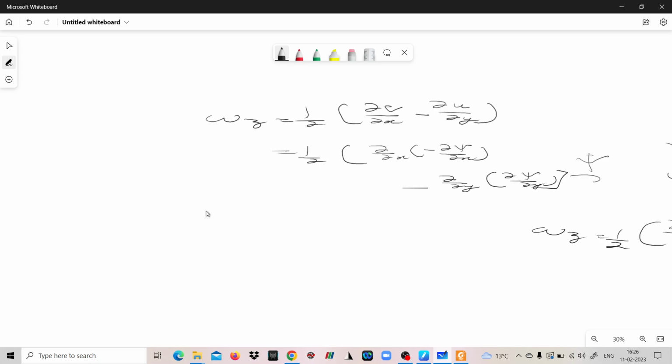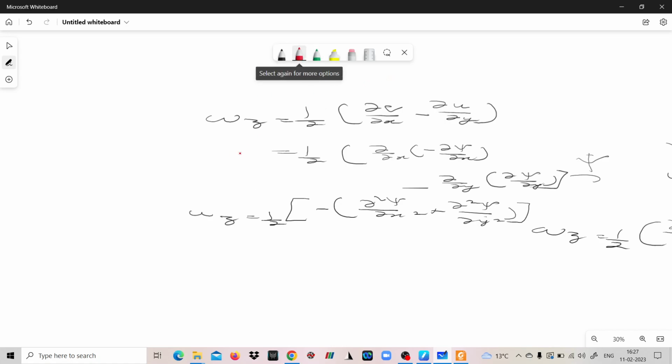So this is effectively omega z is equal to half of minus del 2 psi by del x square plus del 2 psi by del y square. Now if the flow is irrotational,